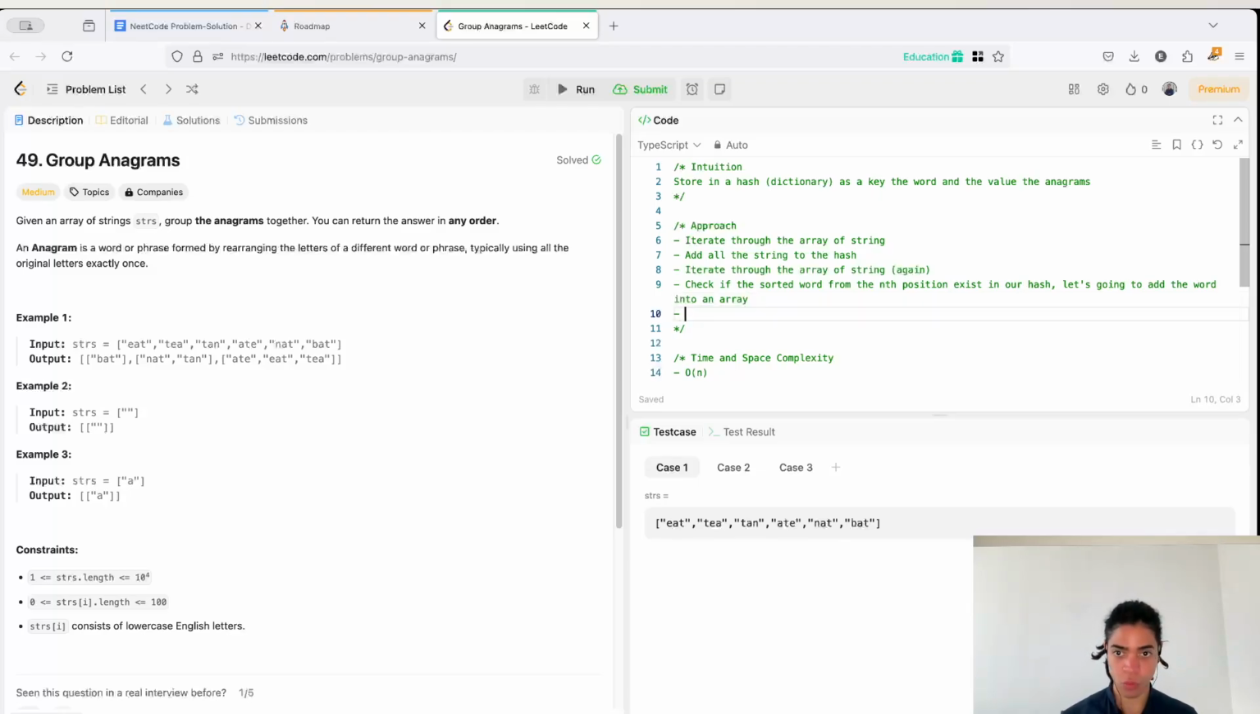And then once we iterate through all of those elements, let's return that. After we iterate through that, we already have all of our hash there, and the only thing that we want to show now is